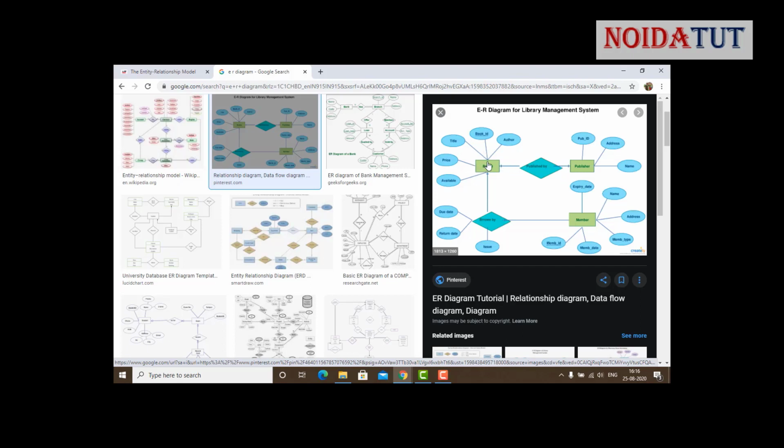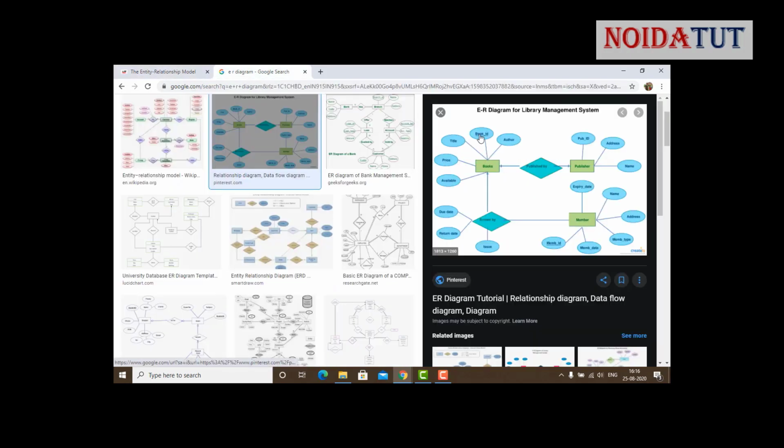Again, this is another entity. It is in relationship with borrowed by. So who borrowed it? Due date is there, return date is there, then issue date is there, then borrowed by, and then it is again attached to another entity, that is the member. So what about the member: expiry date, name, address? So you can see that this is how we generate the ER diagram, and this is how one single entity is in relationship with another single entity, and we manipulate every entity with the different attributes.